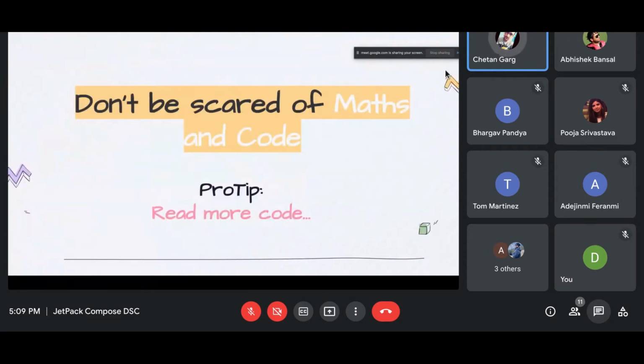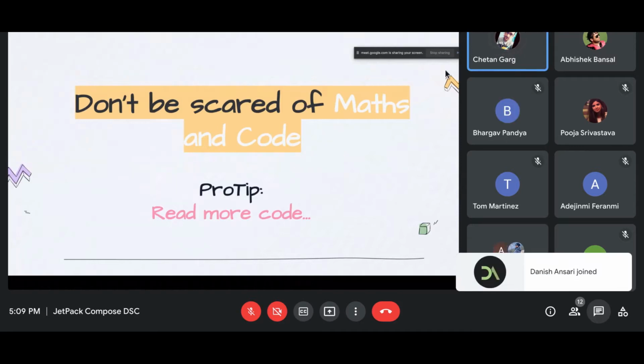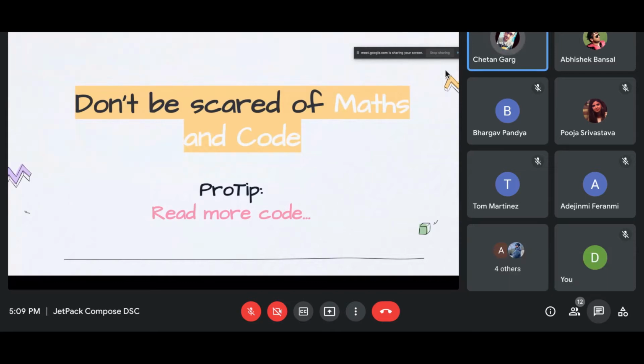Okay. So in the end, don't be scared of the maths. Don't be scared of the code. If you are stuck somewhere, I will say, go and learn about that mathematical concept itself. Just grasp the fundamental key. If I'm saying a vector, what is a vector, right? Vector is a coordinate system which has two things, the magnitude and the direction, right? So use this information and create your own class, create your own implementation, and do that. That will increase your confidence in the language as well. Okay, so the pro tip is this only: just go out, read more examples, and get to know the maths behind that. Once you know the maths, which is really easy to grasp,